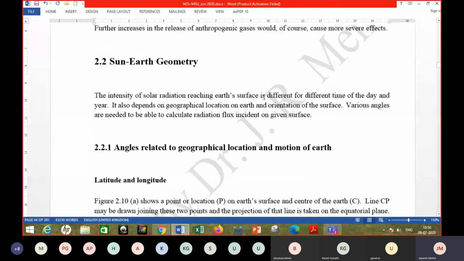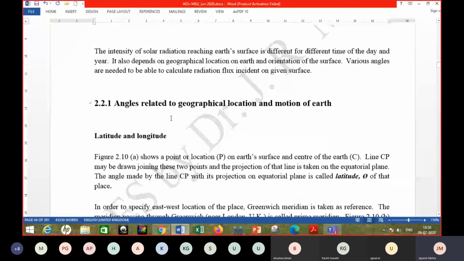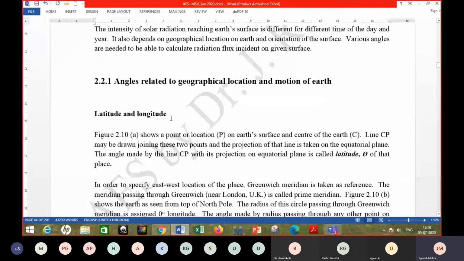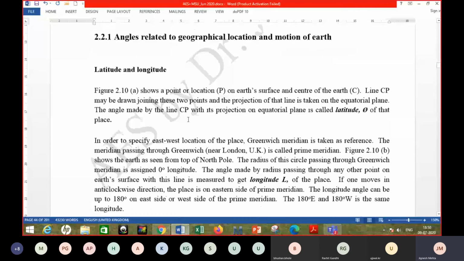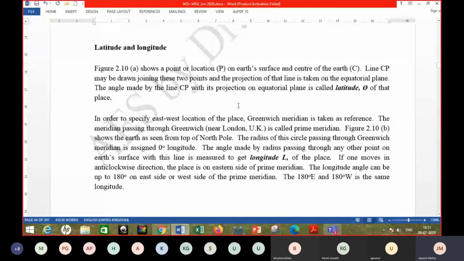Okay. So the next thing we will talk about is the Sun-Earth geometry. We'll start talking about different angles. Of course, many of these things you might have already come across, but with the help of some images or pictures, we will try to revisit that. What is latitude and longitude? The latitude and longitude of a place play an important role in knowing at what time and day number how much radiation, whether less or more, would be available. The day length is also related to that, etc.